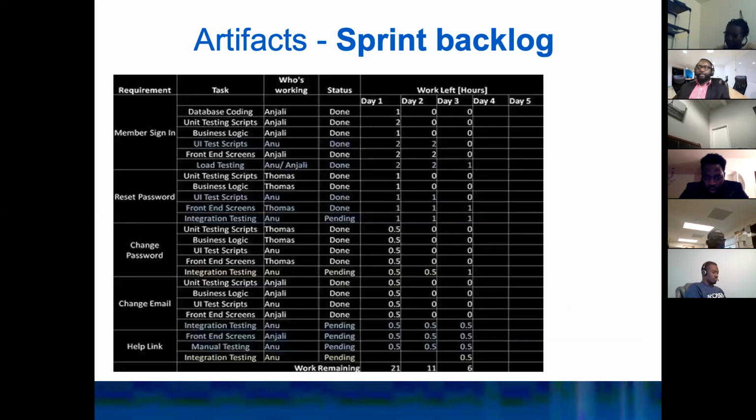All right. Okay, so this is what it really looks like. I was telling you before that the sprint backlog is the list of work that needs to be completed for the sprint, plus the plan to deliver it, which